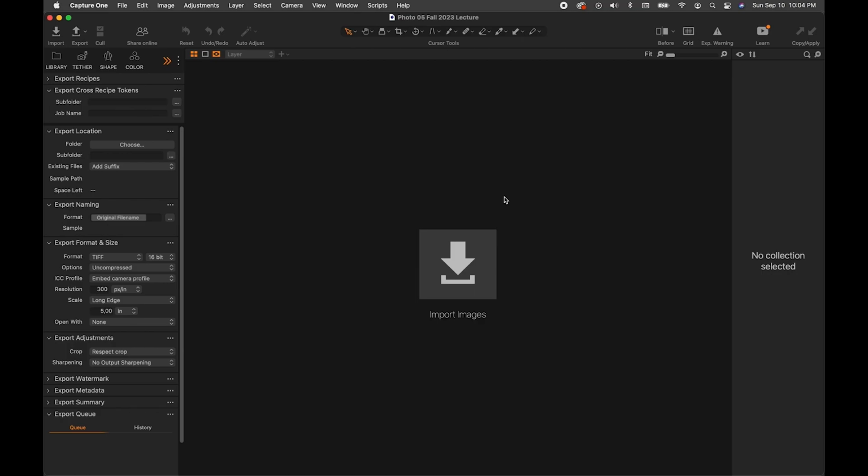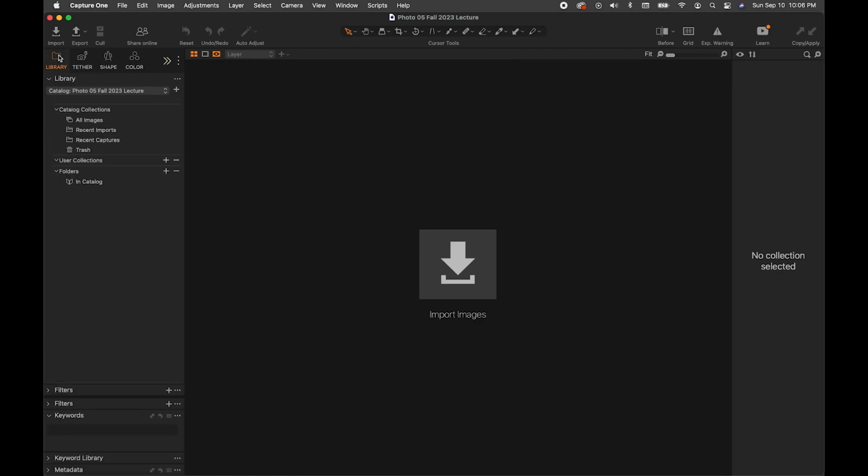And when it opens up like this, it's asking me to now import images, which I can do either from a camera card or from existing images. So really quickly, before I move any further into other lectures, I want to show you what was created just so you can see the difference between this and a Lightroom catalog. So Capture One has created its Capture One catalog, and now what we're going to do is